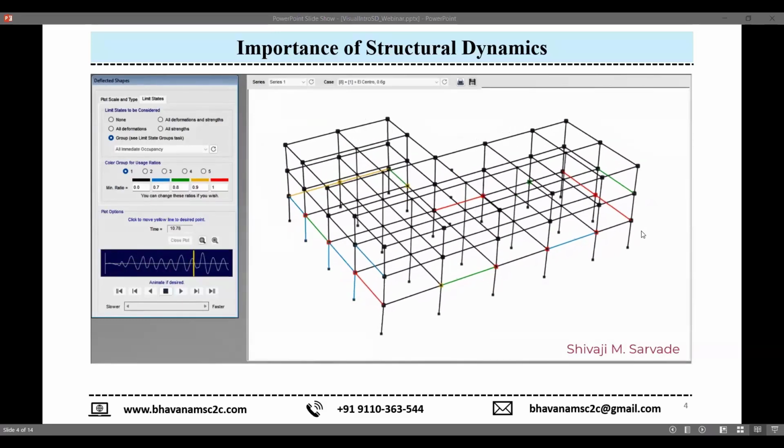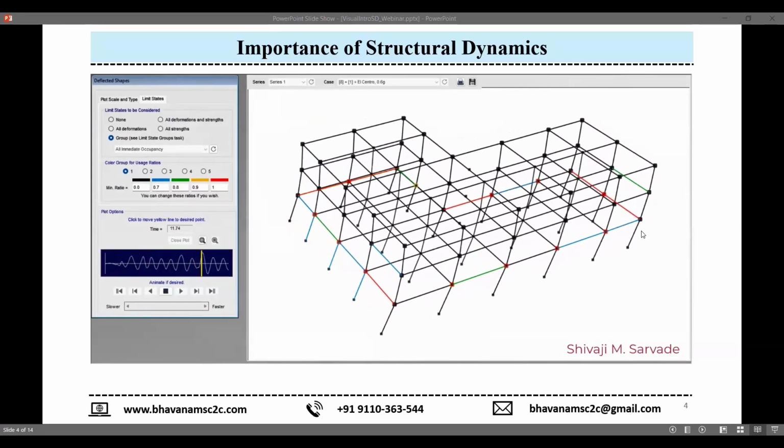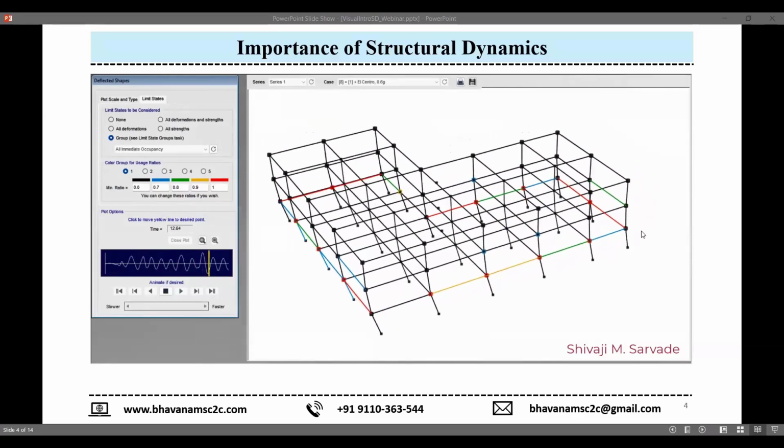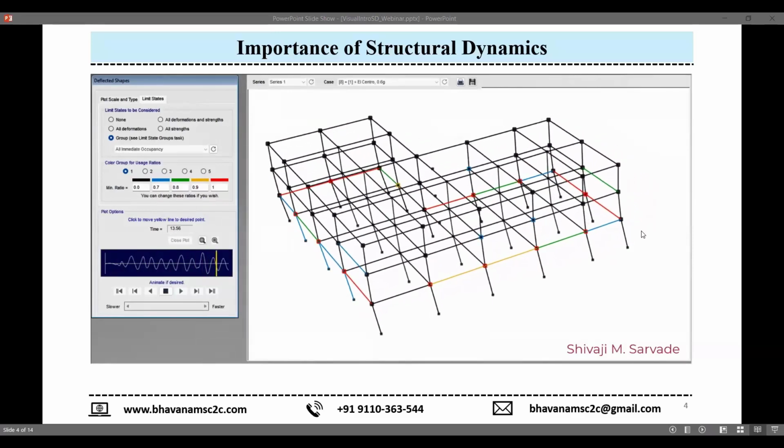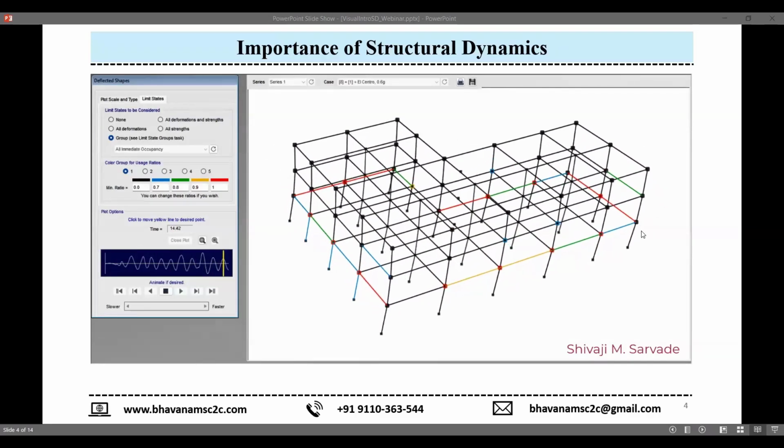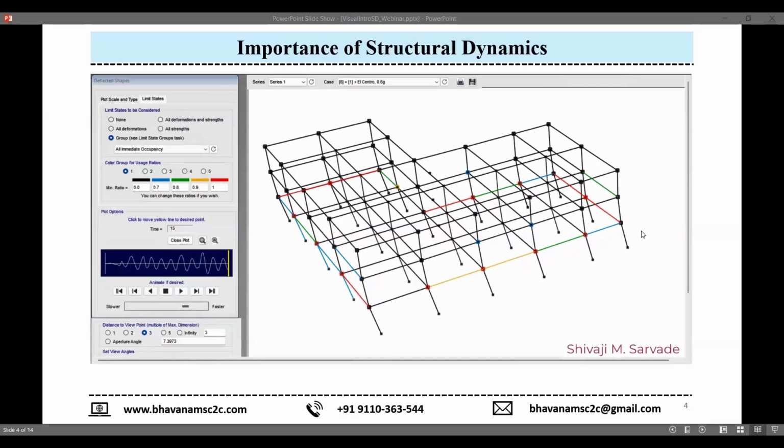Now to reach this level, there has to be a significant understanding, starting with the single degree of freedom system, then you go to the multi-degree of freedom system. Both of these are linear. Then you go to non-linear, and then you go for non-linear time history analysis. Okay, so this requires all building blocks to be clearly understood. Only then will we be able to reach this stage where we can say we are moving towards performance-based assessment and design. And that has to be the future,